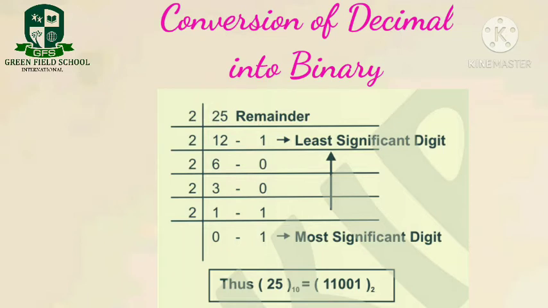Here our number is 25, right? Dividing by 2, the quotient is 12. Again dividing by 2, the quotient is 6. Like that I keep dividing by 2 until I get the quotient as 0. Then look at the remainders: 1 0 0 1 1, right? Now I write all the remainders side by side from bottom to top. So 1 1 0 0 1, and that is the final binary number for the given decimal number.